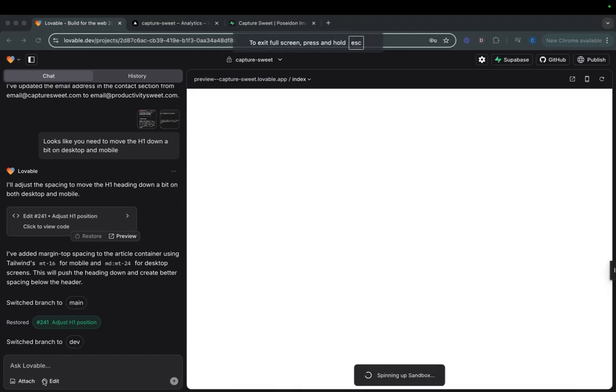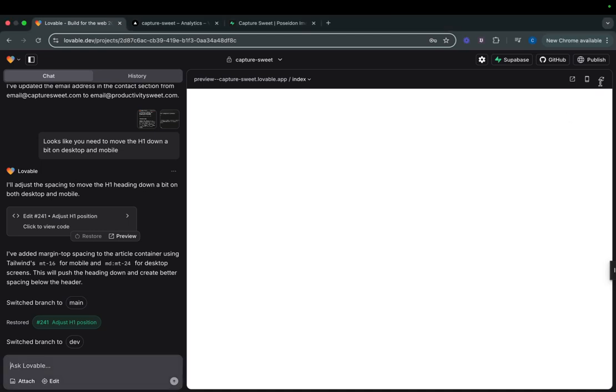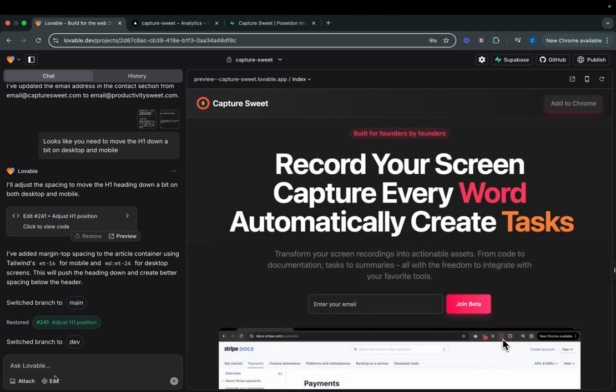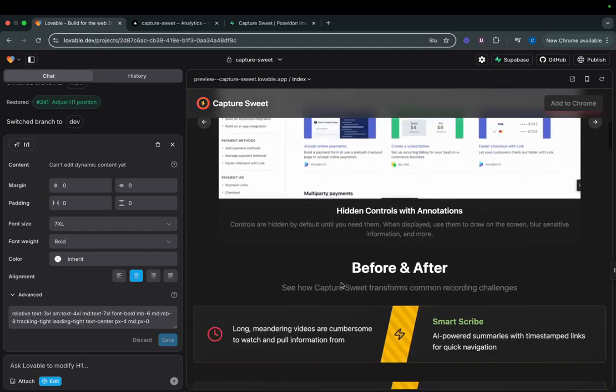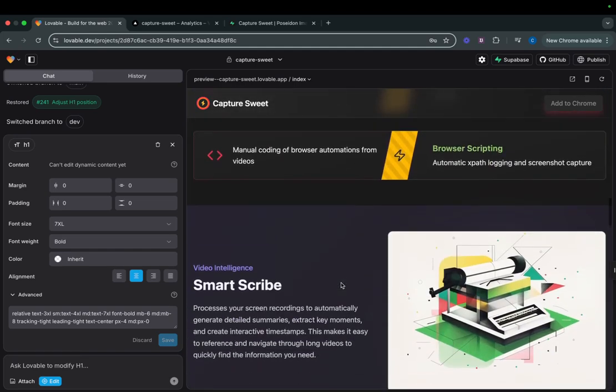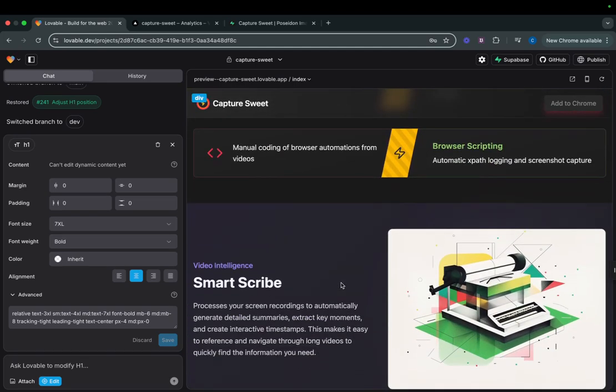So I can do this visual edit thing, but this doesn't allow me to change the text, which I think is kind of lacking. But I'm not going to complain too much.